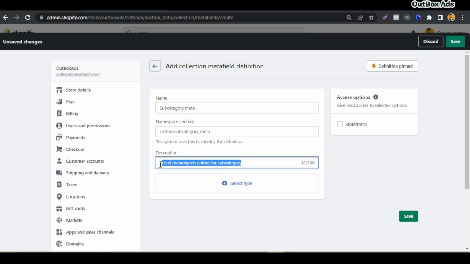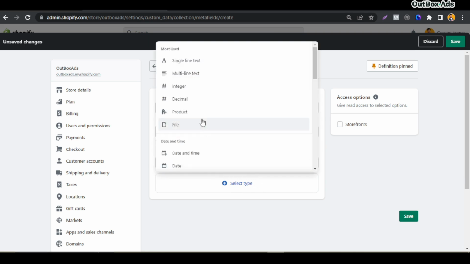Here I write the description as well, so it will be useful later, and I will show you where this description is showing. And then click on Select type, and you need to select a very unique data type,